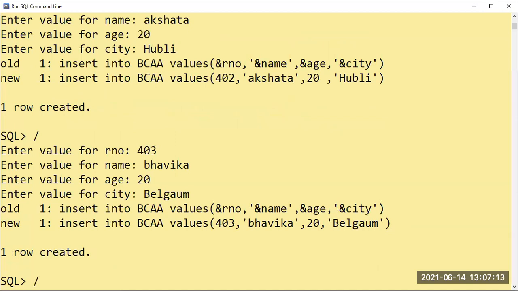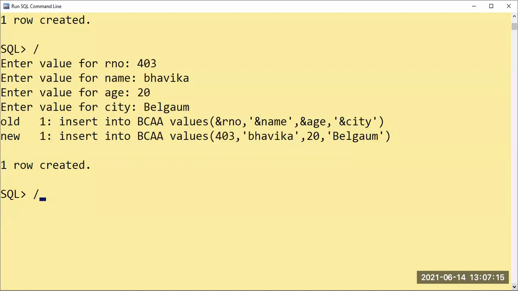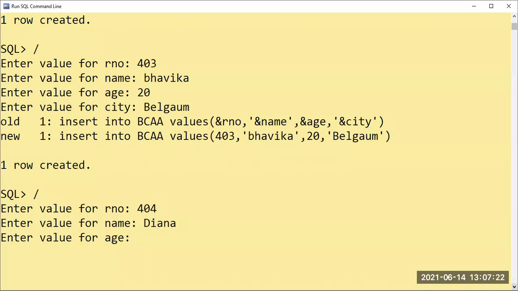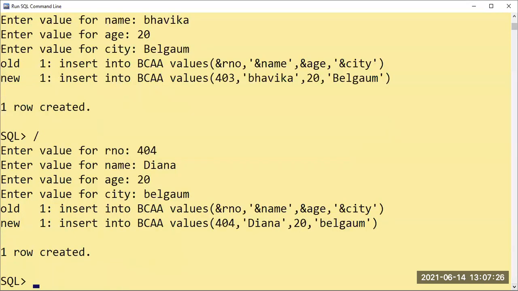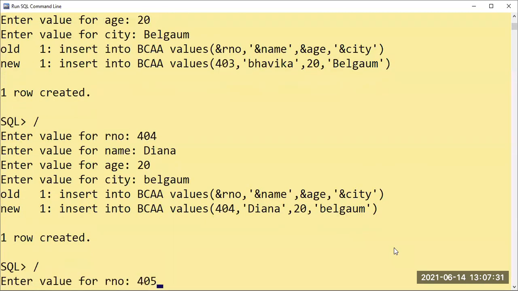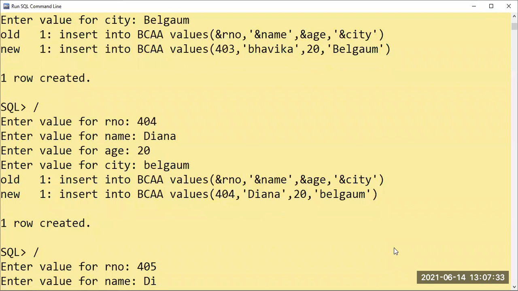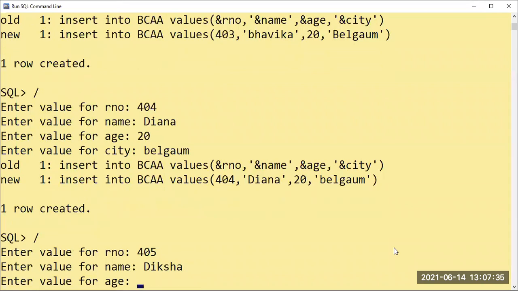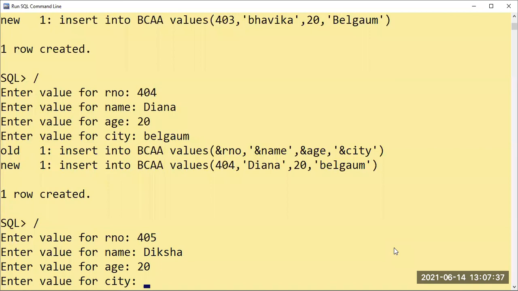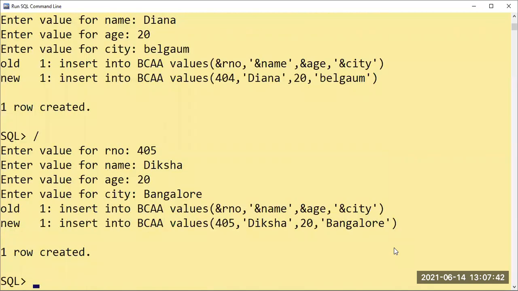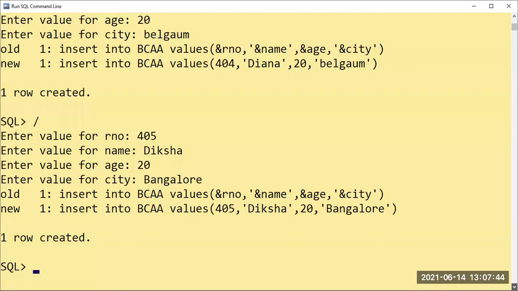When I want to enter one more value, you have to use this slash. 404, Dinah, age 20, Belgaum. These values are sufficient for me. Or one more, 405, name Diksha, age 20, Bangalore. Okay, so these are the values done with me.